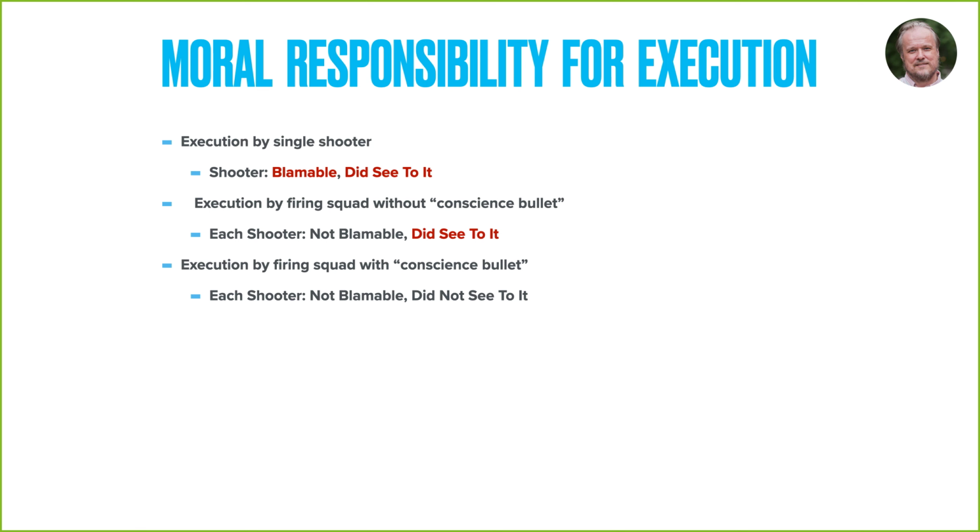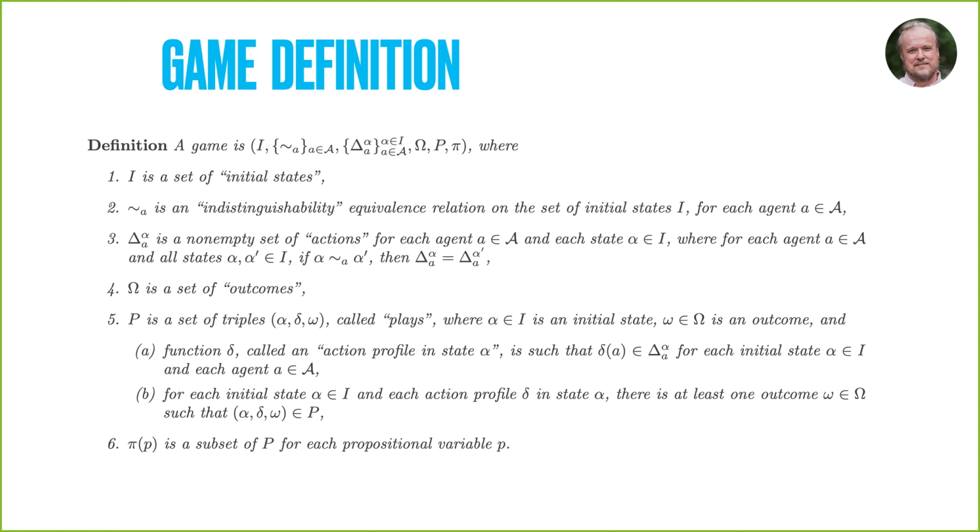So to summarize what happens here, if you have a single shooter, then it's blamable and you see to it. In the case of a firing squad without a conscious bullet, none of the shooters are blamable, but they all see to the death. And finally, in the case of a conscious bullet, none of the shooters are blamable and none of them are seeing to the death. In this paper, we formalize those two notions of responsibility